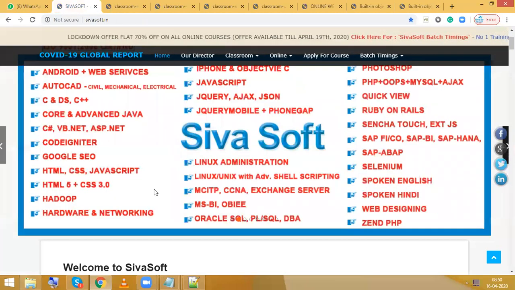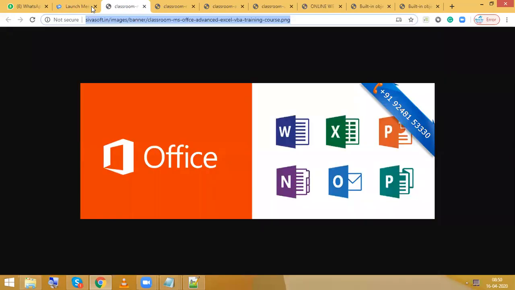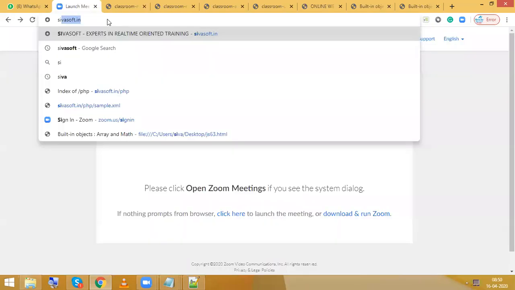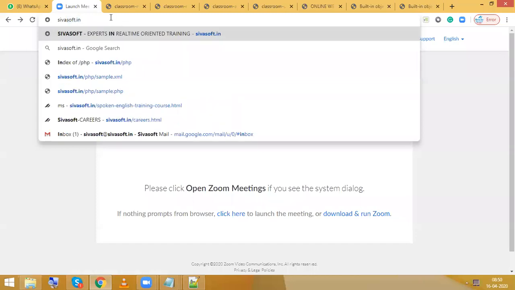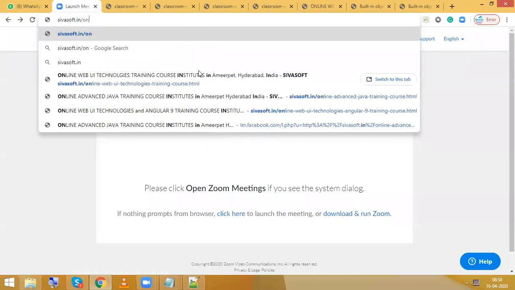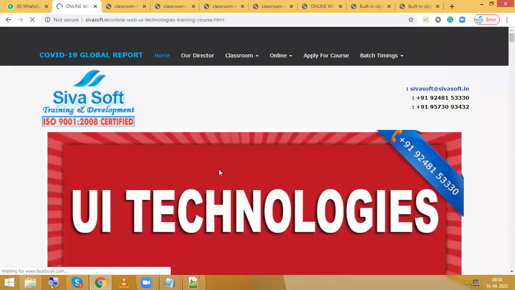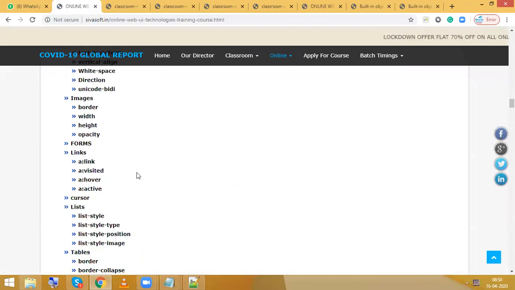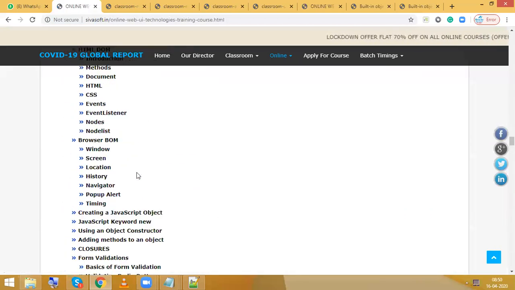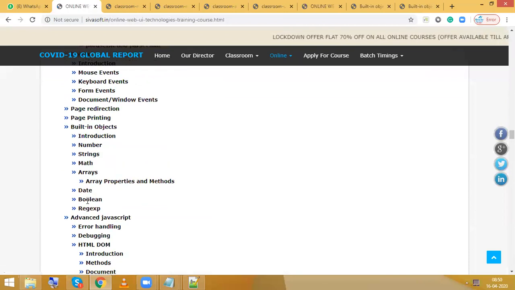So next pending in objects is the Boolean object, and the next thing is regular expression. Okay.